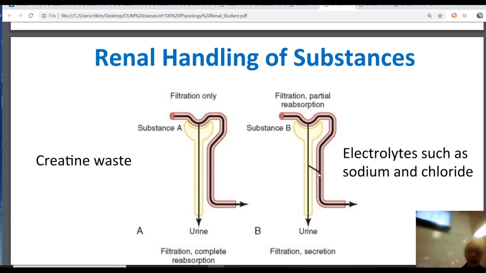Now look at B, substance, filtration and partial reabsorption. So here's B. It's coming down, it's coming down, it's coming down. Oh, some of it gets back into the arterioles, right? This is our drive-through give and change, okay? Oh, here's your coffee, ma'am. Oh, thank you. I actually wanted a double chocolate latte with 4 Sweet'N Low, an extra pump of vanilla,